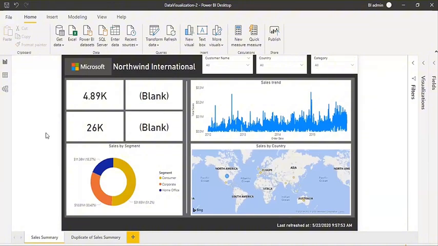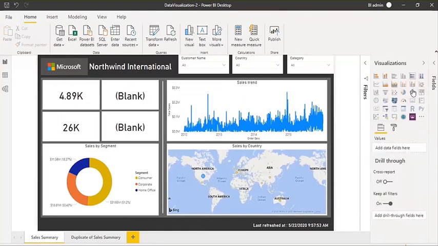Okay, so now let's see another thing. So we were talking about the filters. So now we know about this filter. Which type of filter is it? This is canvas filter. It means slicer. Okay, slicer is a visualization type here. You can see this is a visualization, right?